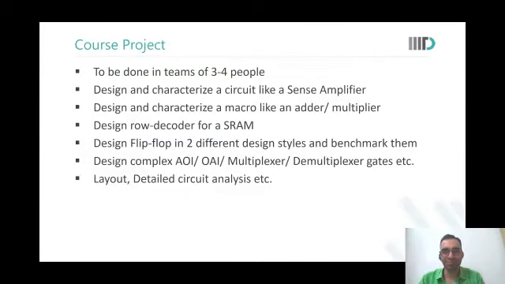So sir, is there an analog component in sense amplifiers as well? Yes, sense amplifiers are analog circuits. In fact, that is the reason why memories are called mixed signal. They were the first mixed signal circuits to be made. ADCs and DACs came later. Memories were designed long back, and you used sense amplifiers even then. So sense amplifiers have an analog feel to them.